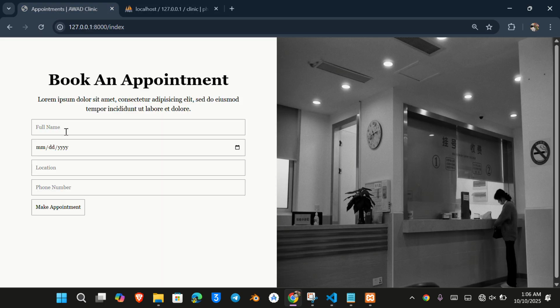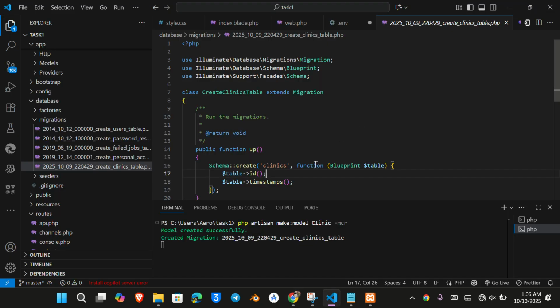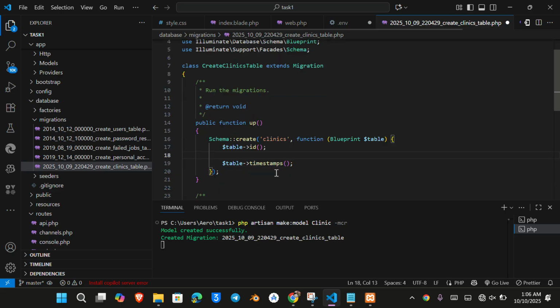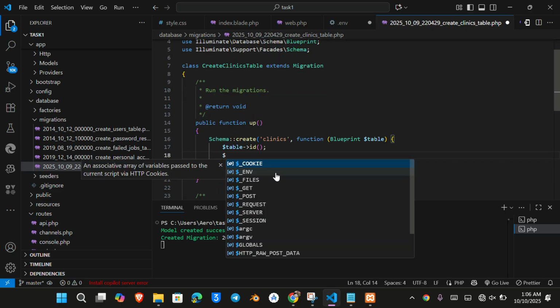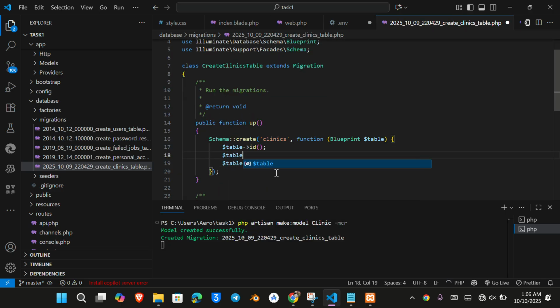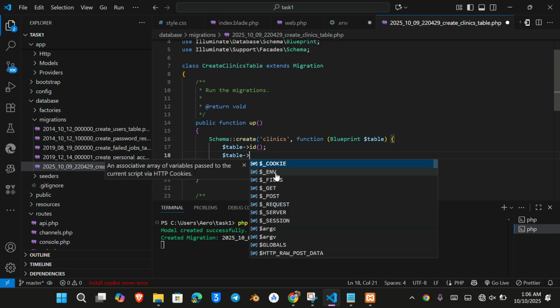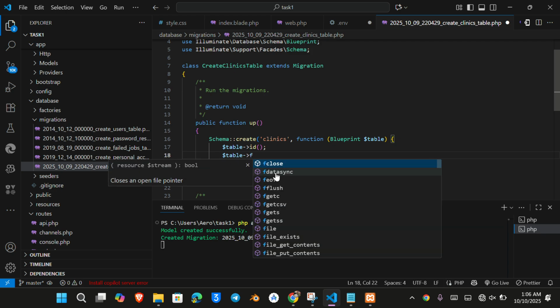So we are going to create fields for full name, date, location, phone number. Alright. $table, full name,